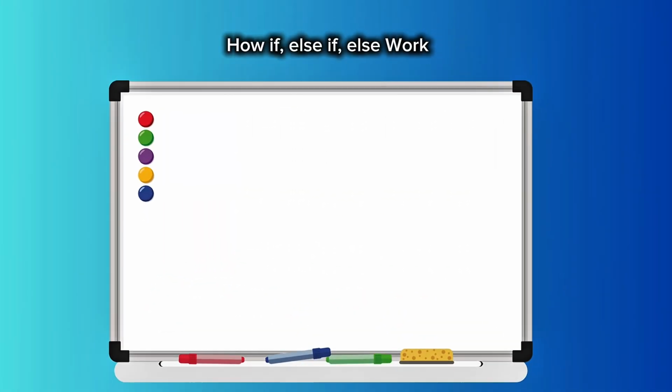How do if, else if, and else work? Let's break down how these parts work in Solidity. If condition: this is the first check. If condition is true, Solidity runs the code block immediately after it, and then skips the rest of the else if, else chain. Else if, another condition: